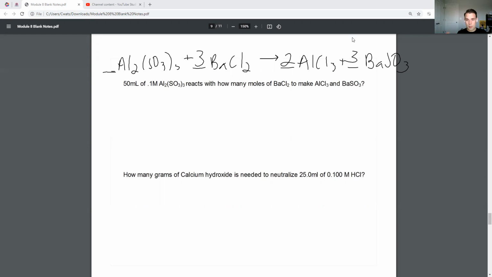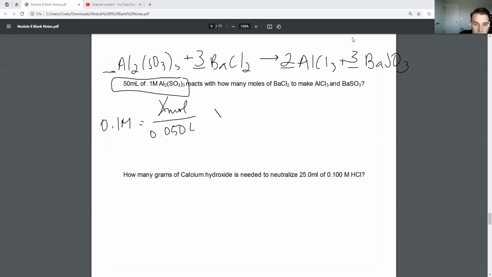So now that's my stoichiometry, that's my balanced equation. The only thing that I can get from this is number of moles. If I take the molarity and do X moles divided by 0.050 liters, X will be 0.005 moles of the